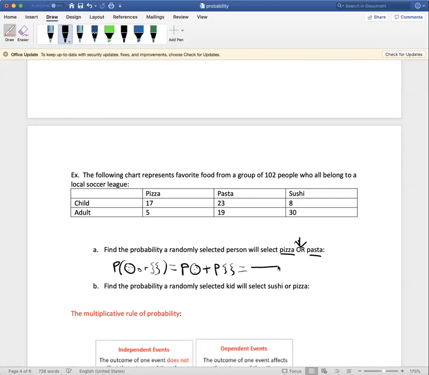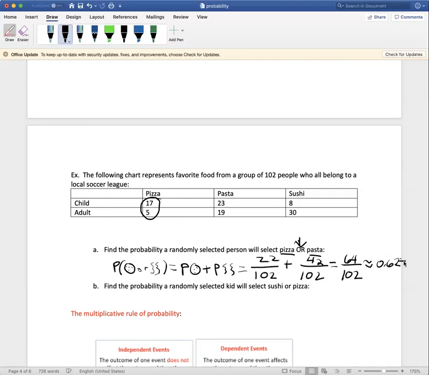Okay, so the probability of pizza, well, we know there's 102 people altogether. The total amount that chose pizza was 17 plus 5 or 22, plus the total amount that chose pasta was 23 plus 19, which is 42. So we have 22 plus 42 out of 102, which gives us, let's see, 64 out of 102. And again, we're rounding these to 3 decimal places just for fun. 64 divided by 102 gives us 0.627